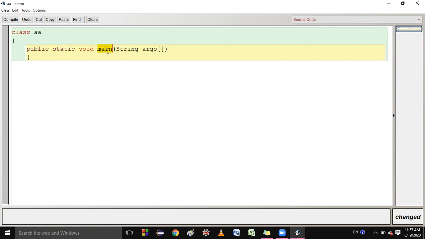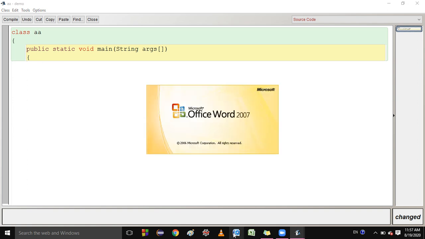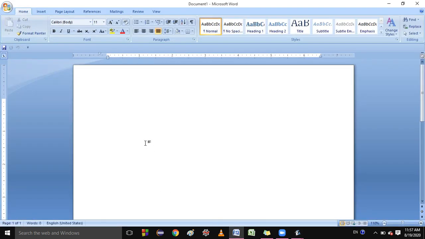And I already explained the naming convention of method. Suppose you are writing a method name, and my method name is Ramesh. Let me tell you by writing on the board. Suppose I want to create a method whose name is Ramesh. So Ramesh is a single word, so each and every letter will be in small. So this is the correct method name, Ramesh.